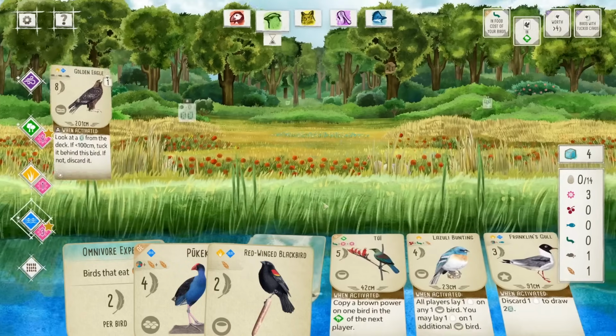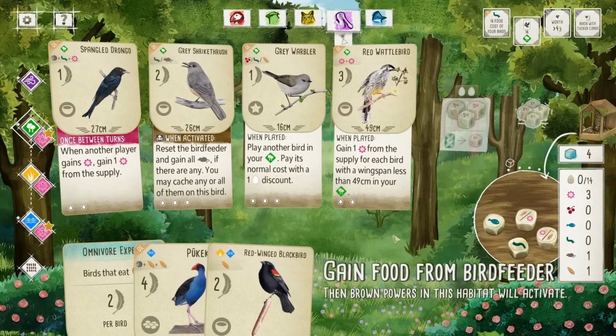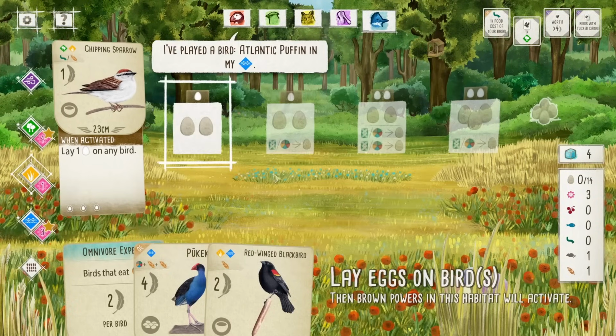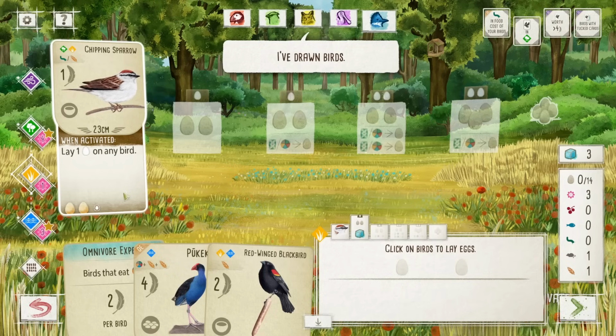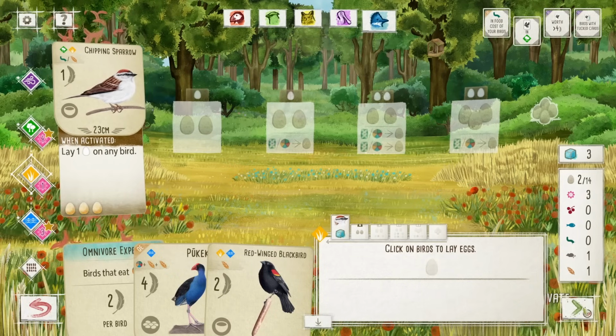I think I'm gonna have to do 1 egg lay action though. Because yeah, we have no eggs currently in the supply. 4 rounds left, that should be fine. Grab this. Do I actually care? Yeah, none of these specifically scale off of...